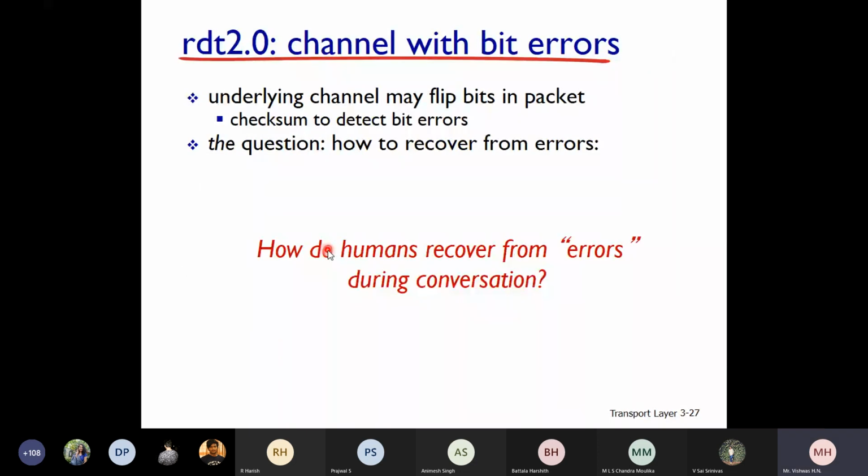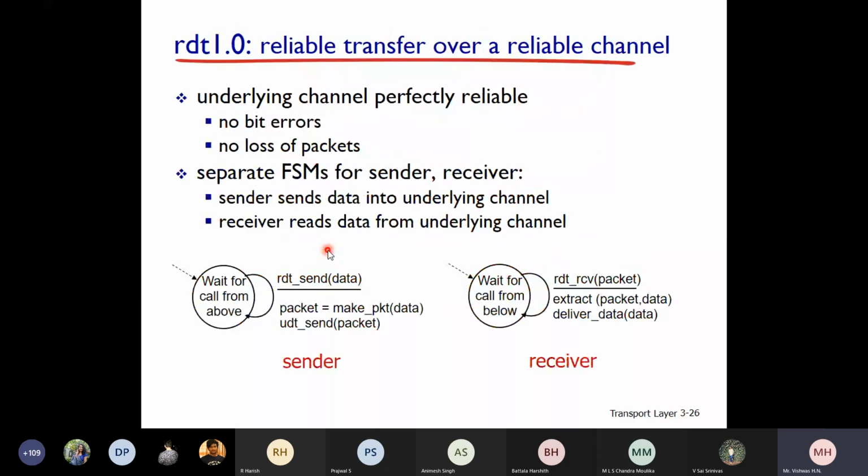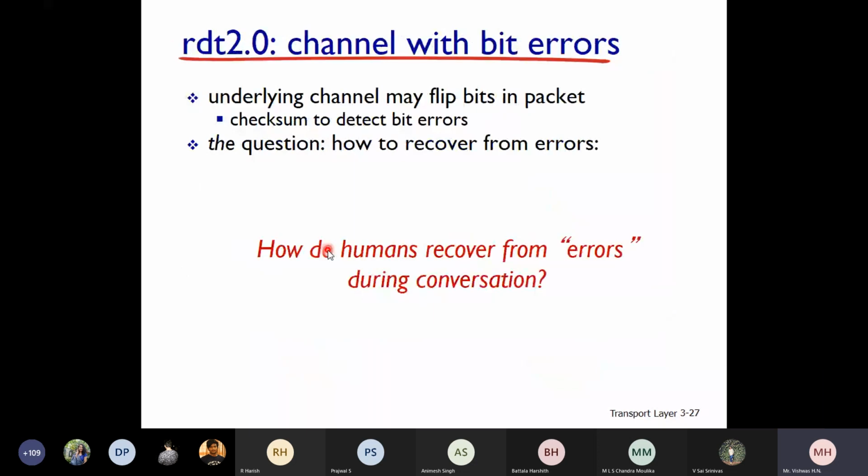Then we'll go to RDT 2.0, channel with bit errors. We assumed in RDT 1.0 a channel without bit errors and without loss of packets. Now in 2.0, we are assuming that there will be bit errors. You cannot say it is completely reliable. Actually, in 3.0, we'll consider packet loss also, but we'll forget about that as of now.